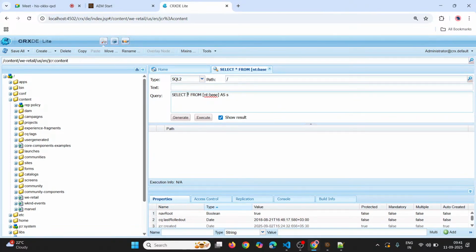So star represents the entire repository, and from the node type. Okay, whatever node types we have, they will be specified as the node type. Suppose I want to search for pages, what is the node type of pages? CQ colon page. If I want to search for a component, CQ colon component, or CQ dam colon asset. Okay, based on the property, NT base is nothing but